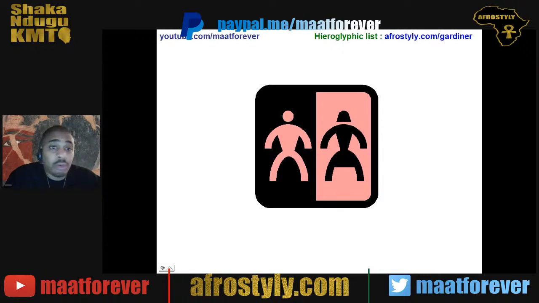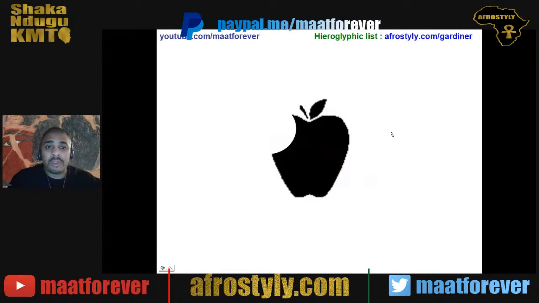Some people might say, oh, no, it can't mean bathroom. We have a male and a female who were not there when they came up with the symbols, so we don't know what they meant. That's the Walter Williams logic. We were not there when they made the symbols, we don't know what they meant. But really, he came out with his opinion in 1992 or so, and then other people rolled with it, including people that are bearing Kemetic names, which is funny to me.